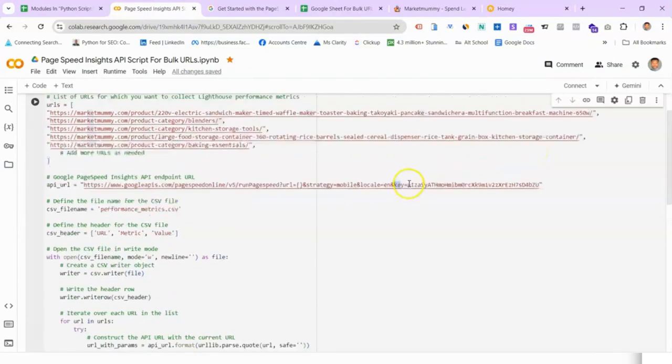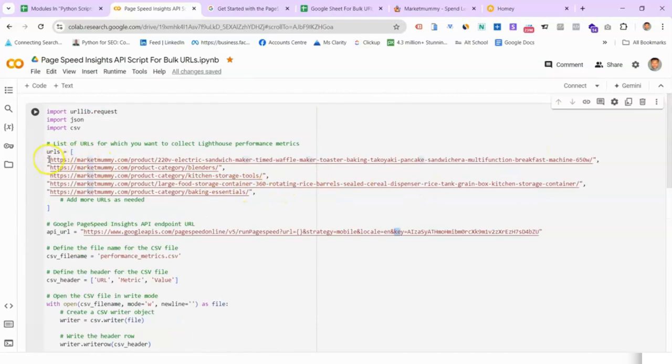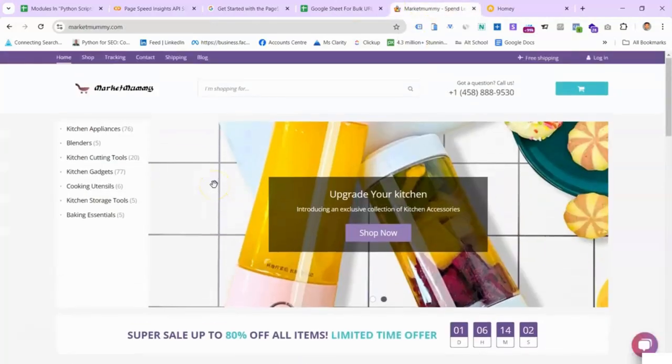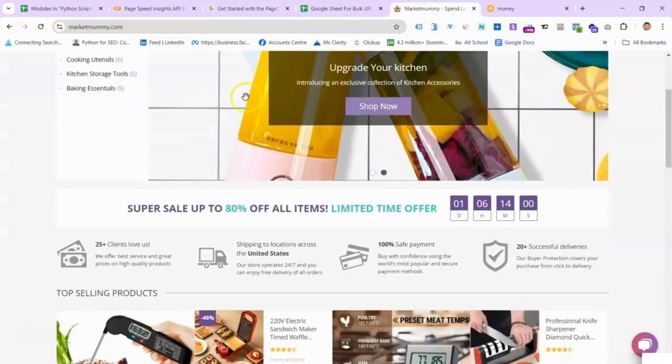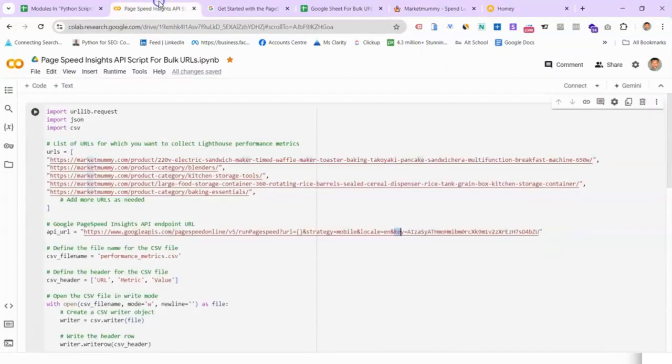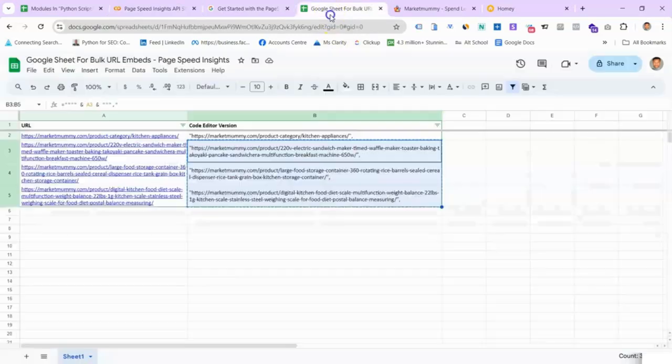Once you embed your key, you need to have a list of URLs that you want to inspect. I have total access to this website, so I want to inspect some of the URLs there, and that's why I listed them here. You can list as many URLs as you want, and if you need to list hundreds or thousands of URLs and it's proving cumbersome to list them one by one,